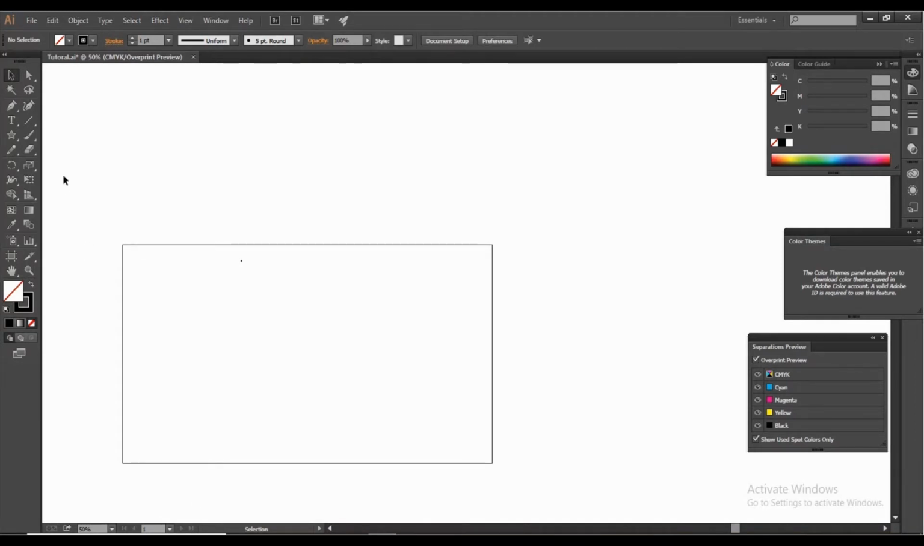So first, I will take a circle with press Alt Shift for a proper circle. Then I will take this direct selection tool and will select this point to make it half circle, and will select this point and press delete to delete it. Then